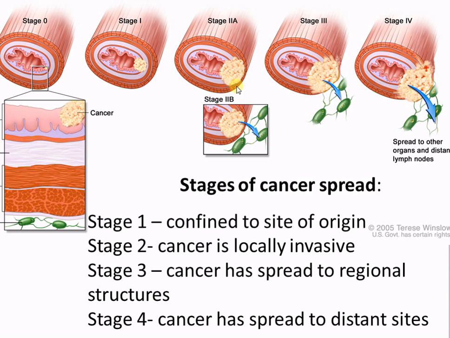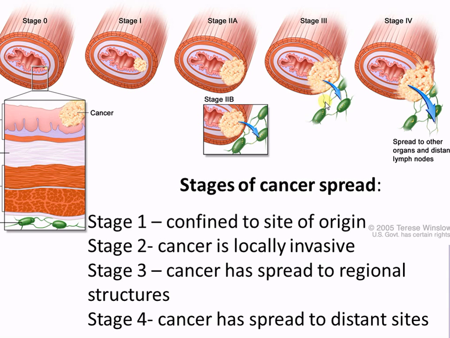It's moved beyond its origin tissue, and it's actually invading the surrounding tissue. So let's say it moves out and invades the connective tissue. Maybe it invades the muscle out here. Here it was isolated to the epithelium, if that was epithelium. It moves out. So if this is the GI tract, here's the epithelium, or the mucosa and the submucosa. It's isolated. But now when it starts moving out into the muscle tissue, now it's locally invasive.